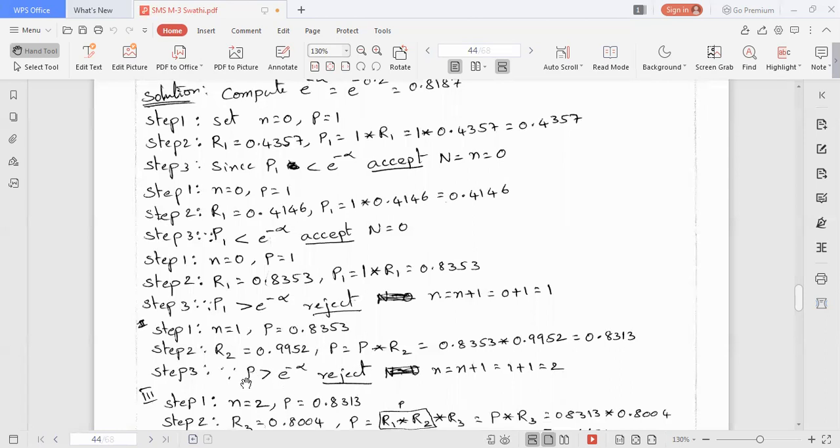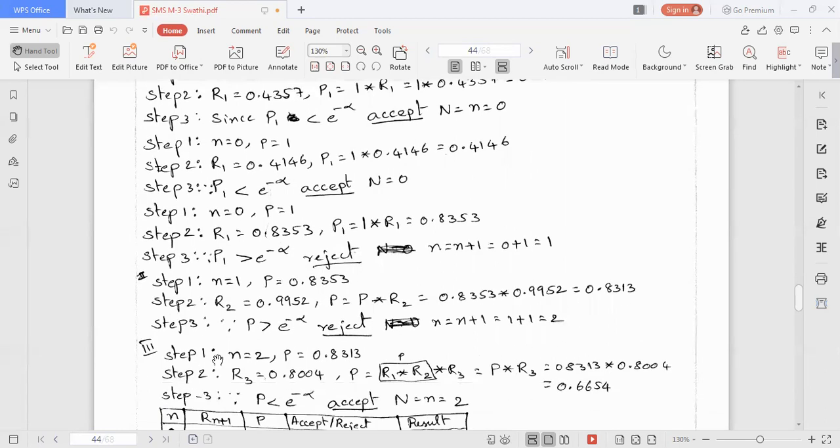Since the p value is greater than e power minus alpha, reject the n value and replace the small letter n with n plus 1. The small letter n value is 1, so 1 plus 1 is 2. Now the small letter n is equal to 2.